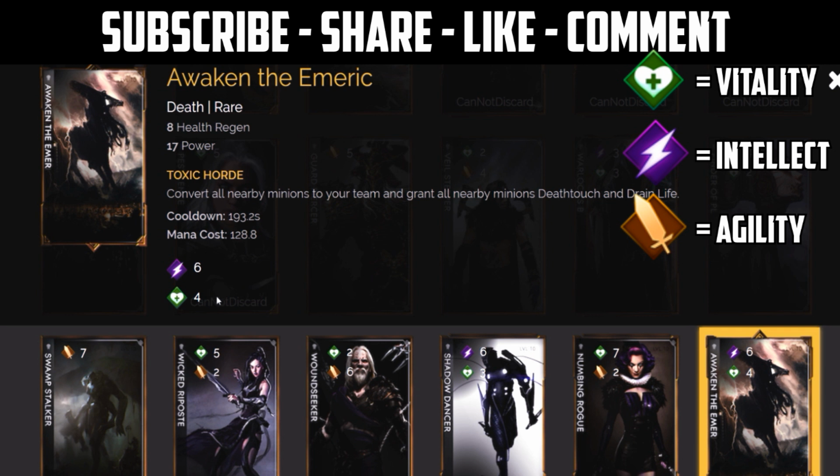Now I'm not a fan of this card at all, because this card on the PTR was really strong, because what people would do is they would ignore when the minion waves were clashing, move past them and go to the next enemy minion wave, convert all of them so they can instantly push an inhibitor or tier 2 tower without a problem. Plus with the extra Death Touch and Drain Life, it became a significant issue, so I'm hoping